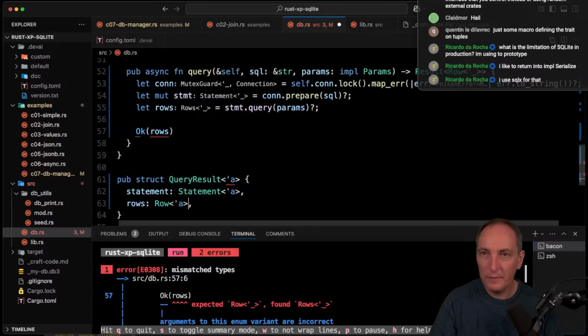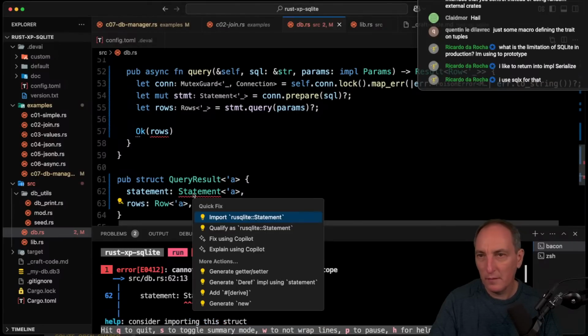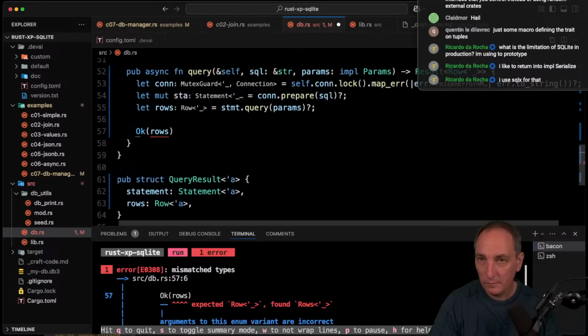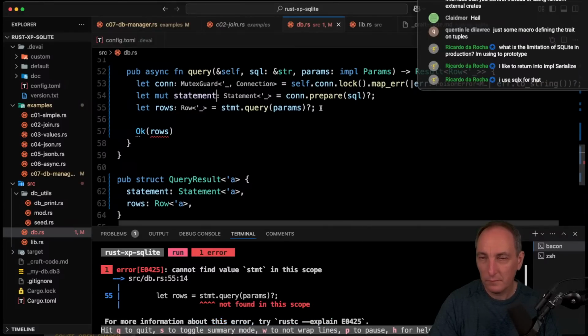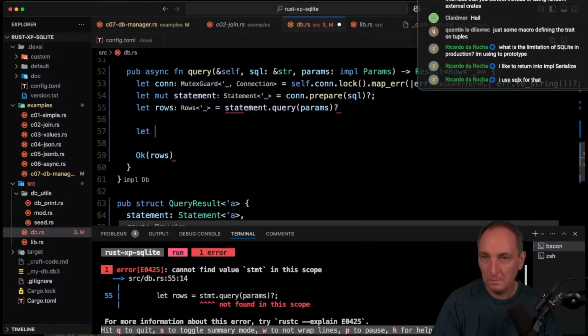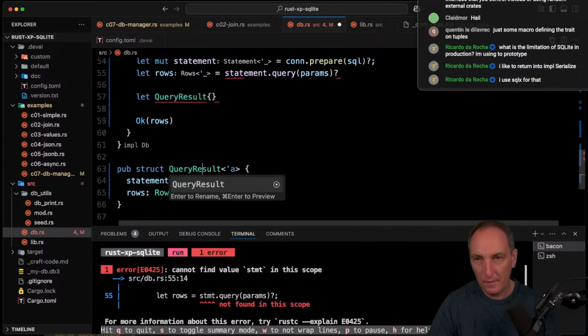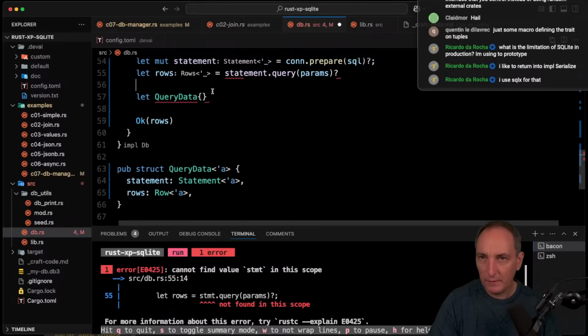So that should compile. Is that useful? That is something else. Okay, so now I don't like the word result because it looks like it's not that much better, but